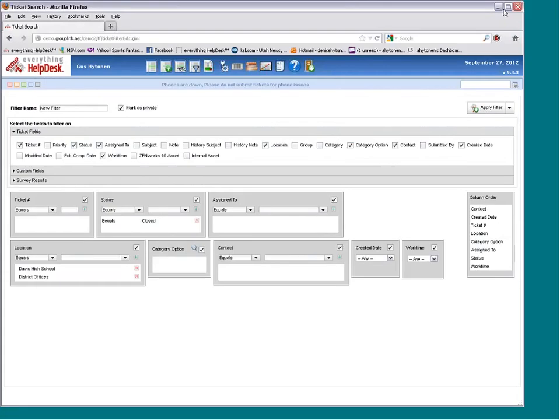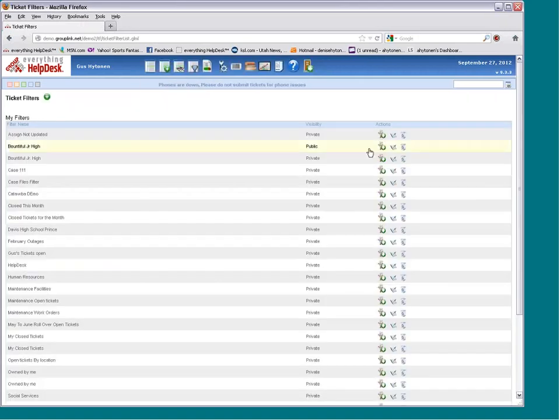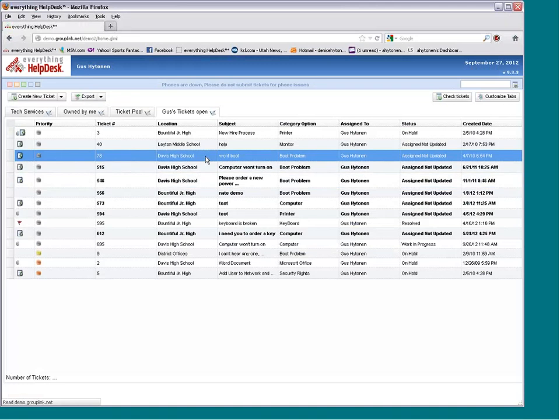Now, if you like this, you can name it, and you could save it. And then there's 2 things that we're able to do with a saved filter. I could come in here and I could run this at any point. I don't have to rebuild it every time I want to see this data. Like I mentioned, there's 2 other things we can do. Number 1, we can make it a graph. And the other thing I can do, and this is pretty cool, is I can add it as a tab